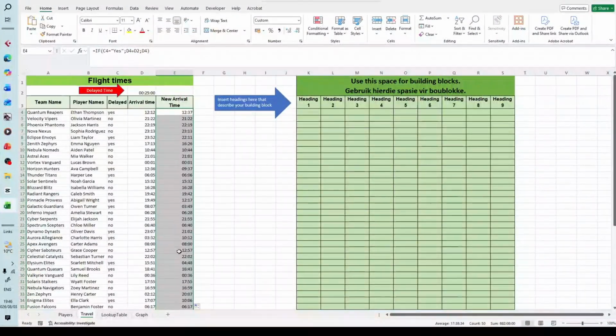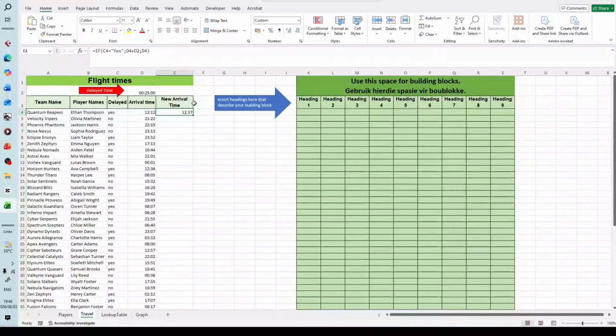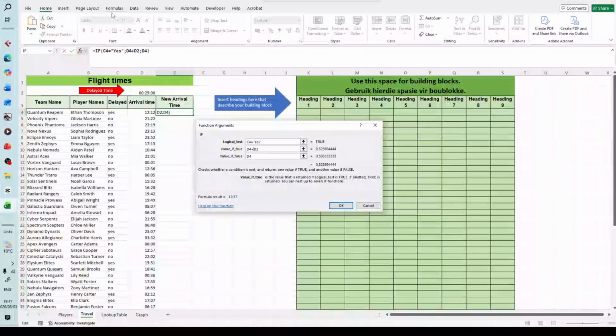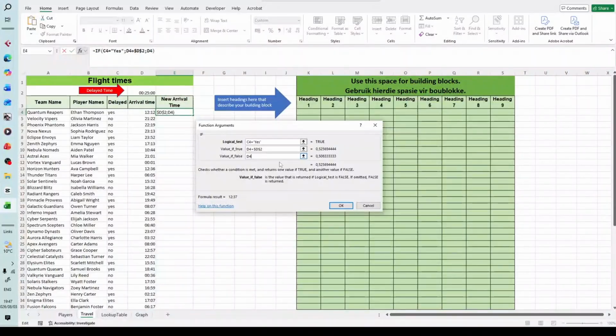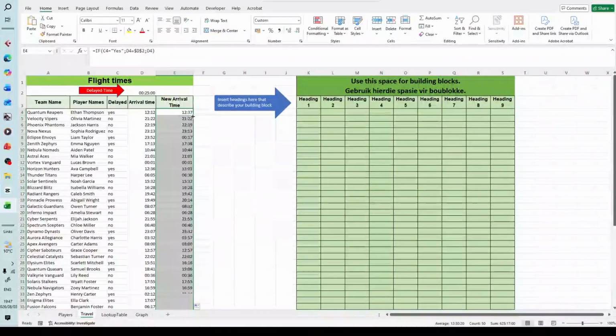It is still not correct, because when we do this, some of them will be wrong. All we have to do is make sure that we have absolute cell referencing. So we'll go back and lock the part that has D2, because remember D2 is the delayed time, so it must not move whenever we autofill. We are just going to press F4 right there to lock it, and then we'll say okay, I think it should be fine, and then we'll autofill,